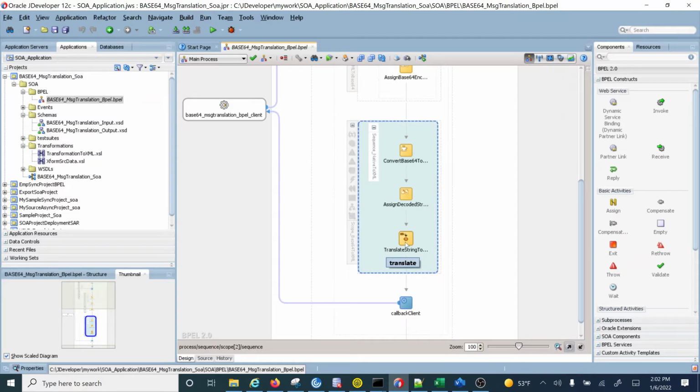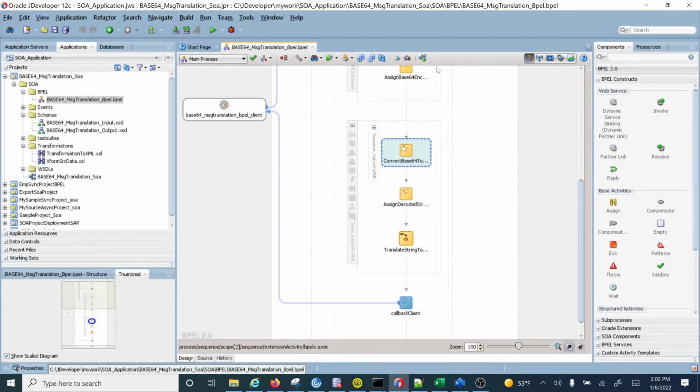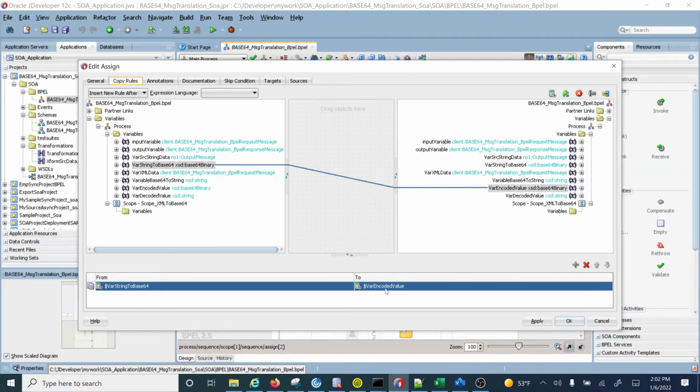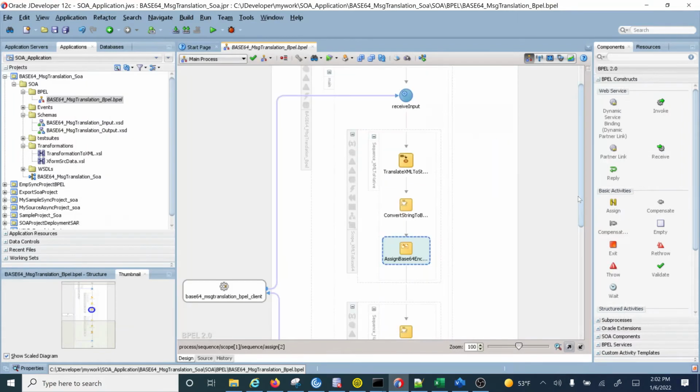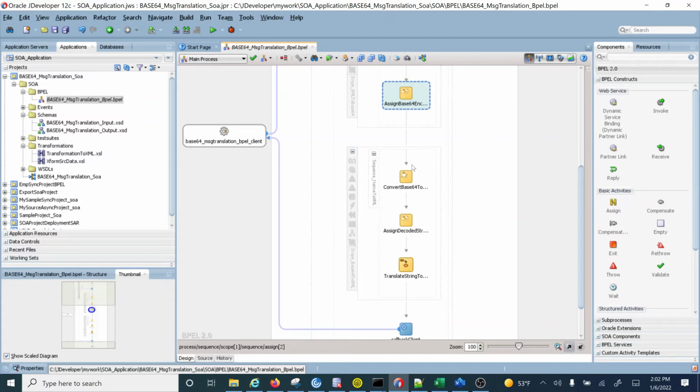And send it to the target system. So what we are doing here, since this is the encoded value: what is this encoded value? This is the place where we have stored the data in the base64 format. What we need to do with this base64 format is first convert it to the string format.